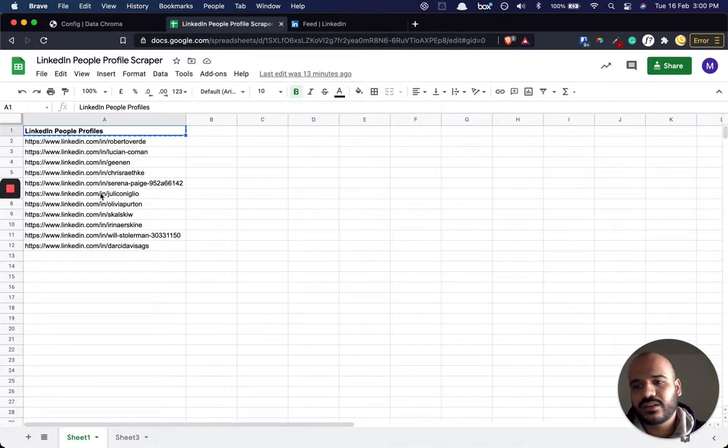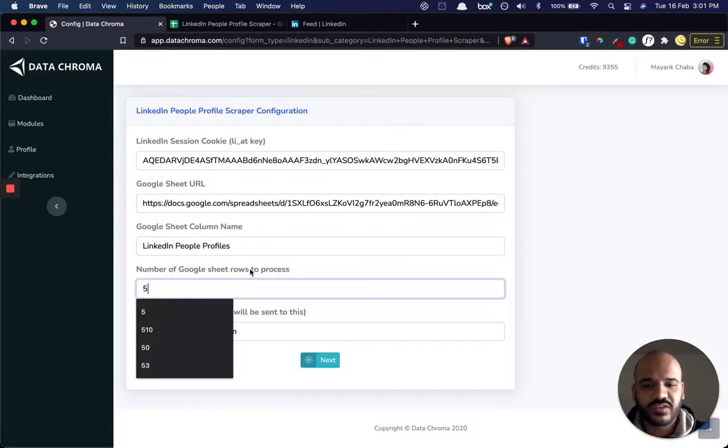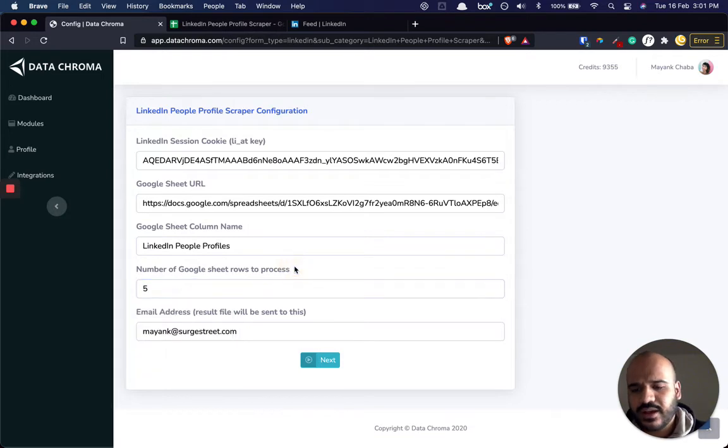So let's say there are thousands and thousands of people here. If you want to process all the rows, put down that number. For now, for demonstration purposes, I'm just going to scrape these first 5 people, so I'm going to write 5. I just want the first 5 rows to be processed, and I'm going to mention my email address, which is where